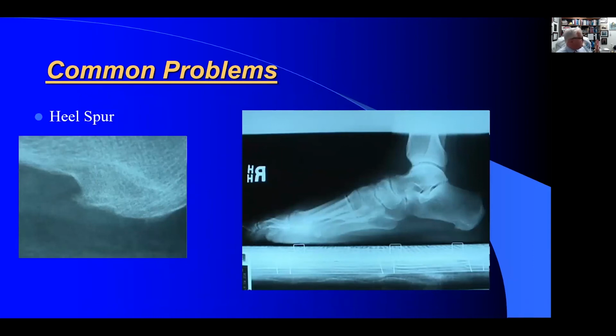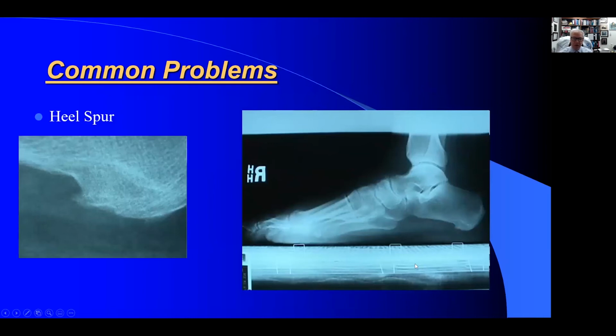Another very common problem is heel pain. Plantar fasciitis and heel spur syndrome are particularly common. It's probably the number one presenting complaint in a podiatric practice or outpatient clinic, plantar fasciitis and heel pain. This has to do again with a hypermobile, unstable foot that increases tension within the plantar fascia on weight-bearing, which actually pulls out some of the origin fibers on the inferior calcaneal tubercle, resulting in initially a periostitis and then